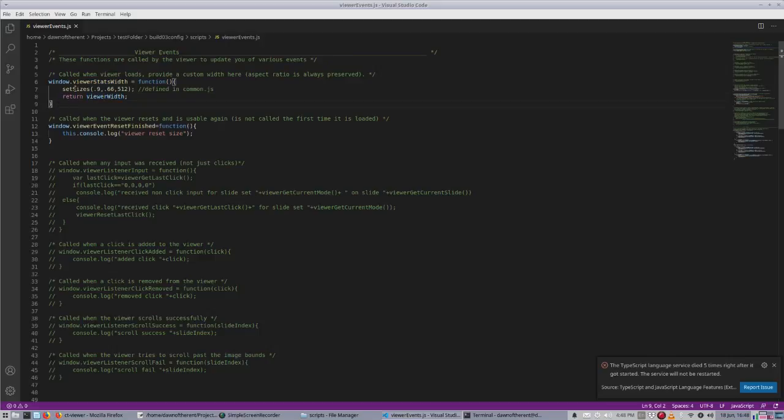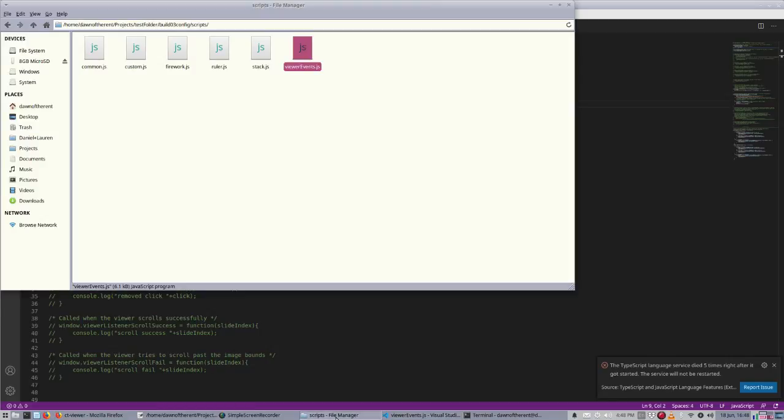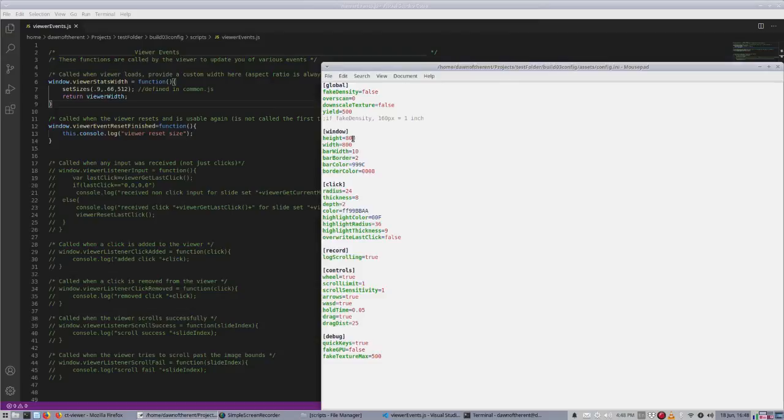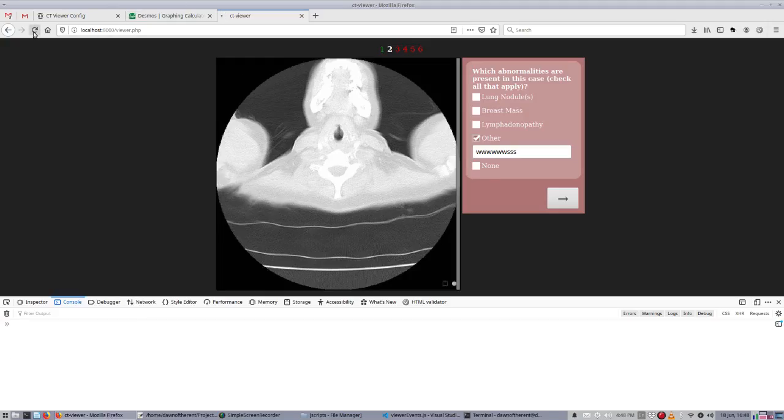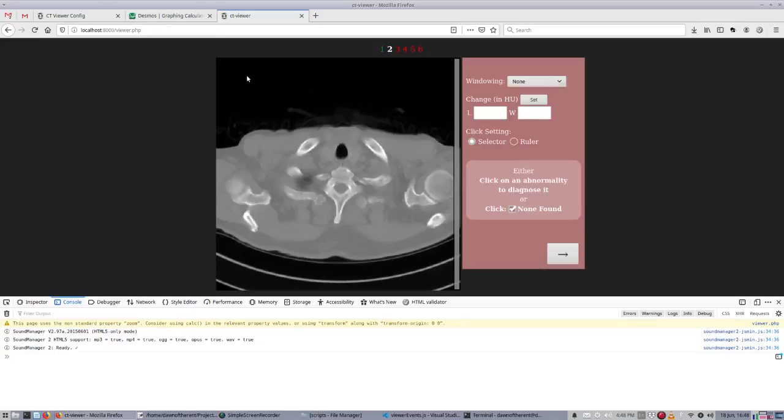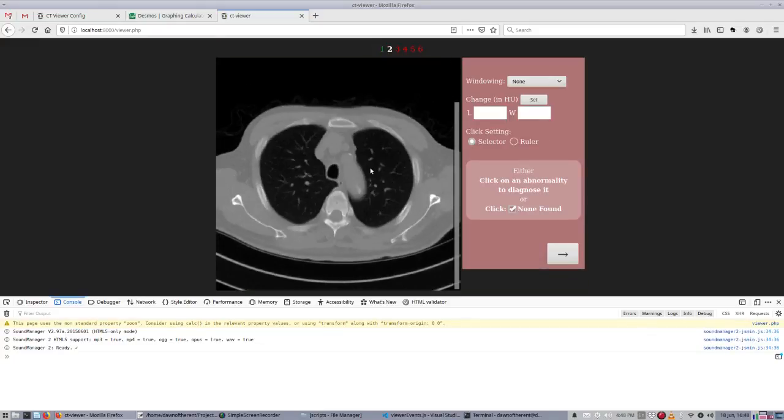This actually looks at the width of a user's window, and then gives them a width based on that. So if I change this to 512 or something,